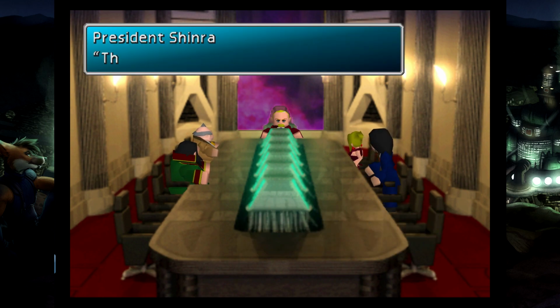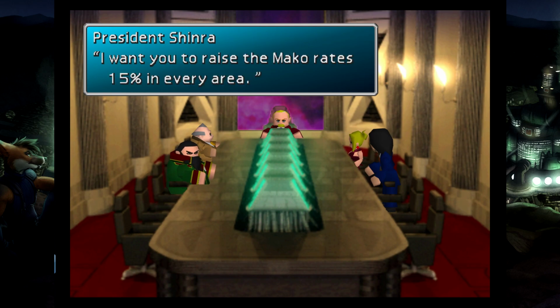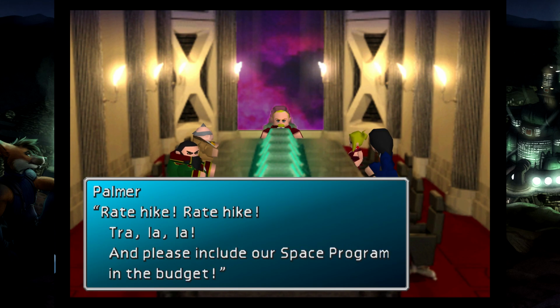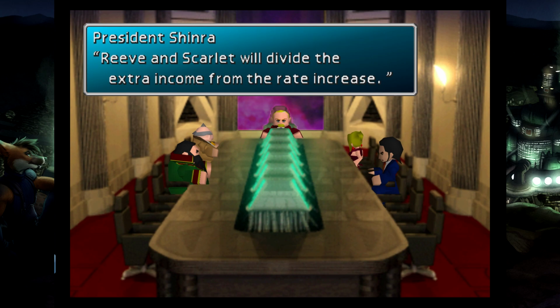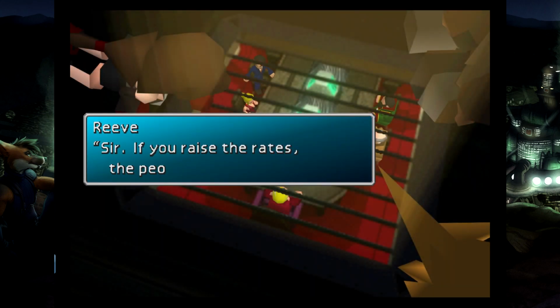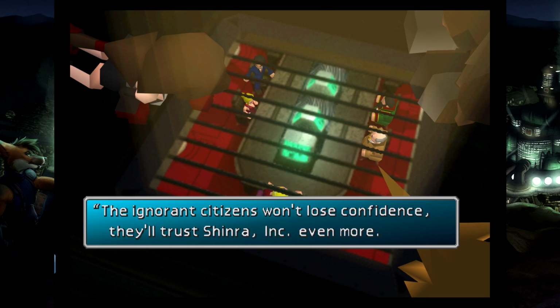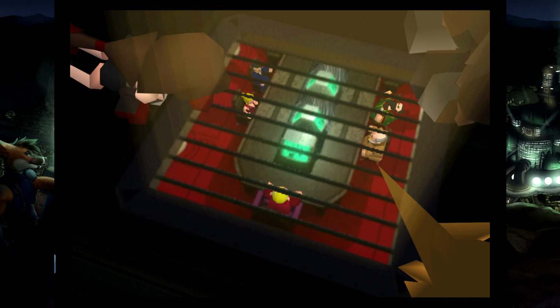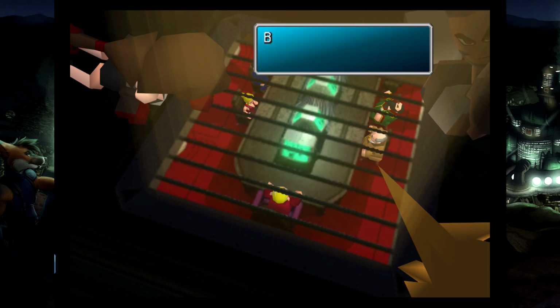Then the Ancients? The Promised Land will soon be ours. I want you to raise the Mako rates 15% in every area. Rate hikes, tra-la-la! And please include our space program in the budget. Reeve and Scarlet will divide the extra income from their rate increase. Oh man! Sir, if you raise the rates, the people will lose confidence. It will be alright. The ignorant citizens won't lose confidence. They'll trust Shinra Corporate even more. After all, we're the ones who saved Sector 7 from Avalanche. That dirty...